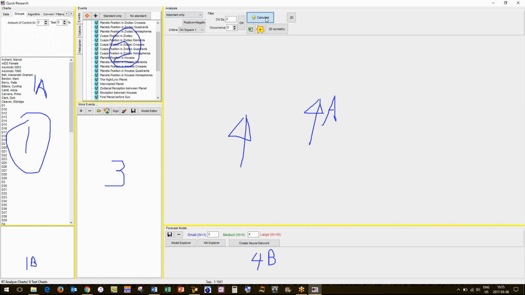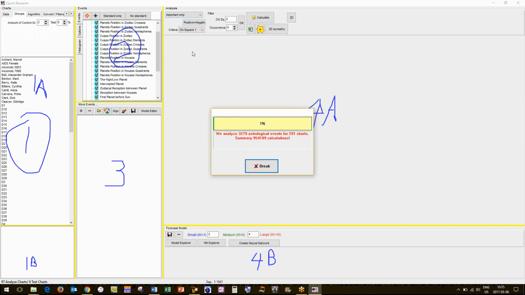For those of you who aren't familiar with chi-square distribution and what probability factor means, there are some excellent websites. We'll put them up on the Gator's page, both on the web and our Facebook page, where you can check out what a chi-square distribution is.